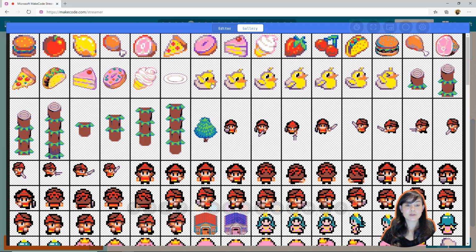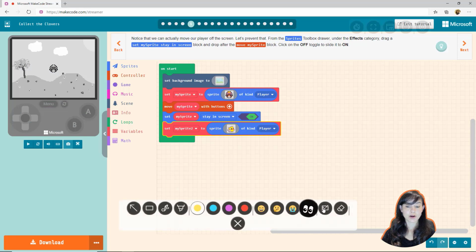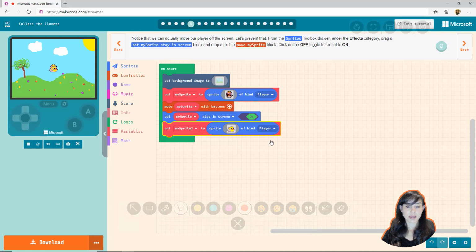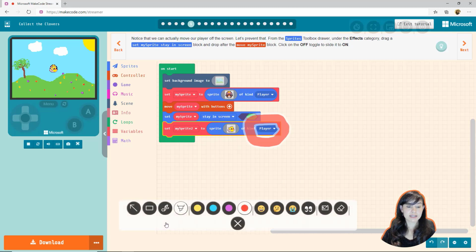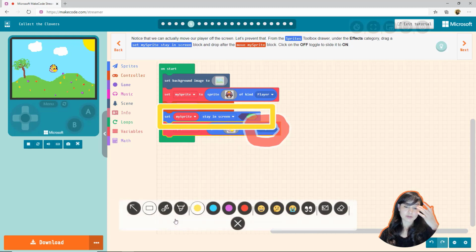One thing that's quite nice here is this paint toolbar down at the bottom. You can see that I can select colors and use the pen tool, for example. If I wanted to say, hey, make sure to set this player kind, or there's also boxes, so rectangles. So for example, if I wanted to call attention to a particular block of code, I can do things like that. There's also the arrow